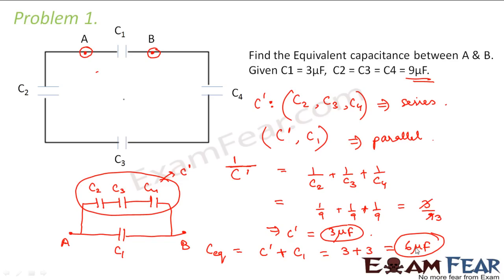Now let me say one important thing. Let us suppose instead of points A and B, the question would have asked to calculate the equivalent capacitance between points C and D, then how would you calculate? In that case, the entire arrangement will change. In that case, this will be your C, this will be your D, and this will be C3. And the rest 3 will go like this: C2, C1, and then C4, right? So this will be C3 and this will be C2, C1 and C4. So the value of your equivalent capacitance will change in that case, because the values of C1, C2, C3, C4 are different, right?